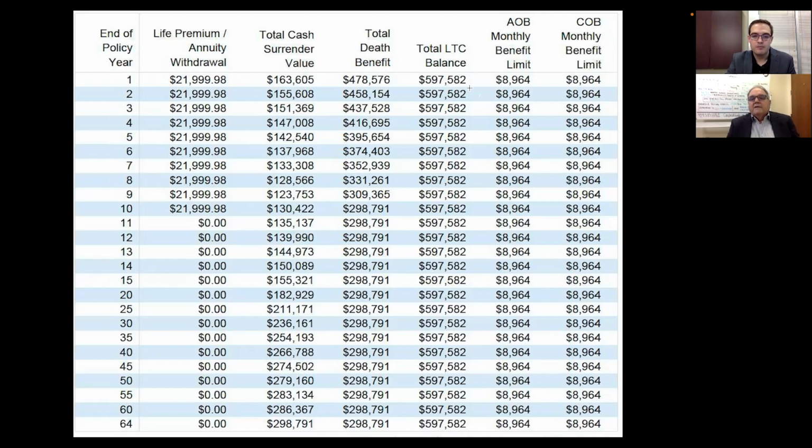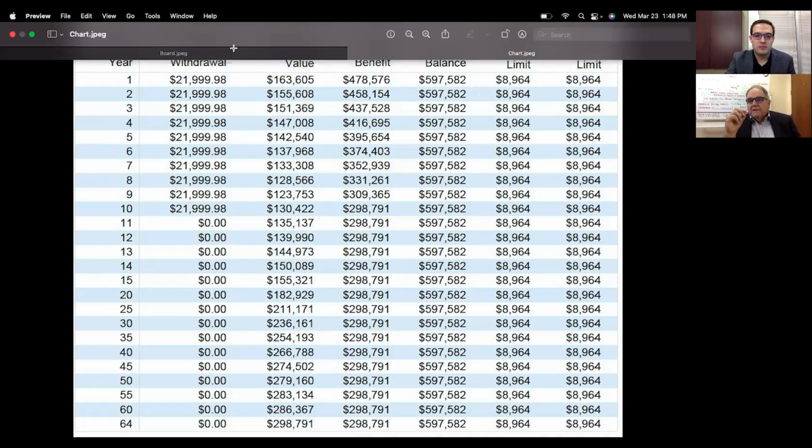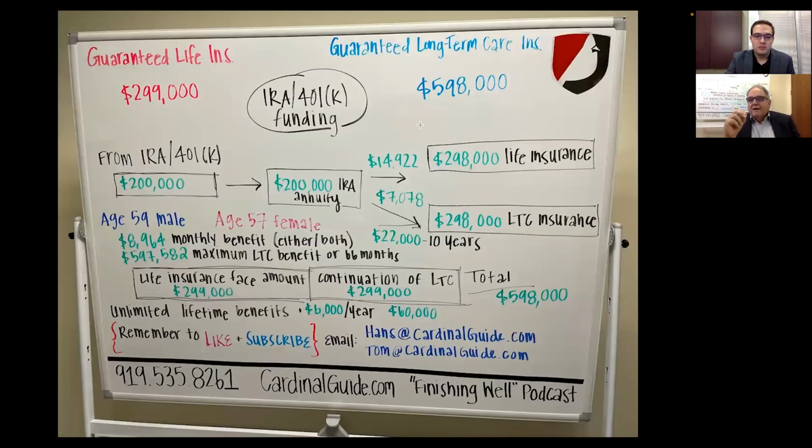Now, the thing that we looked at is that this is one of the few companies that offers a lifetime or unlimited benefit. We just don't want you to choke at the money in the example, but we've had a number of people do this as they upsell themselves or buy more of it. And if you look in here at the numbers,